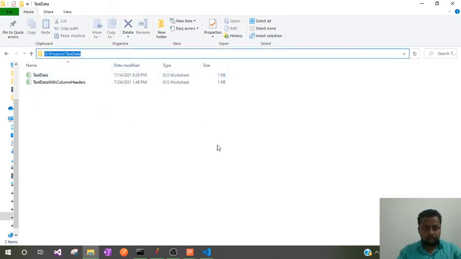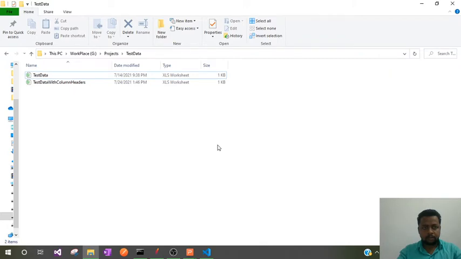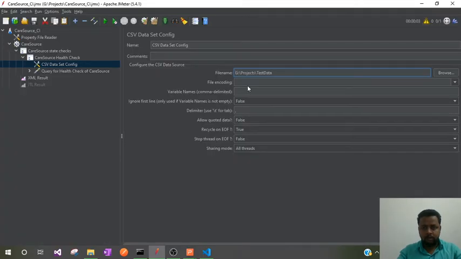Just copy this path and paste it here. Don't forget to make all the slashes forward slashes, test data.csv. So this is how we can provide the CSV file name. For file encoding, I can set it as UTF-8, and then variable names.